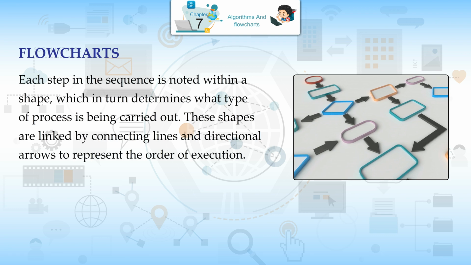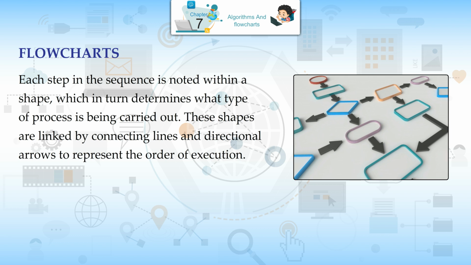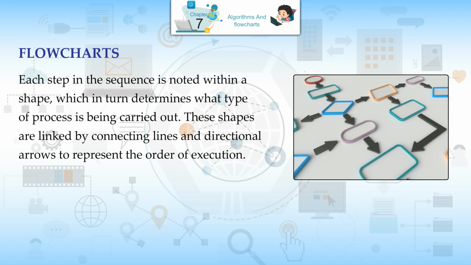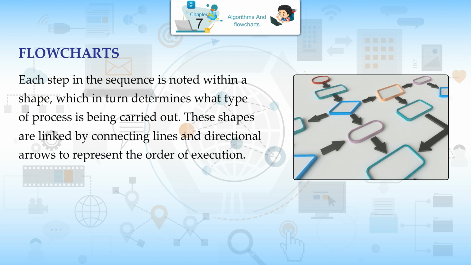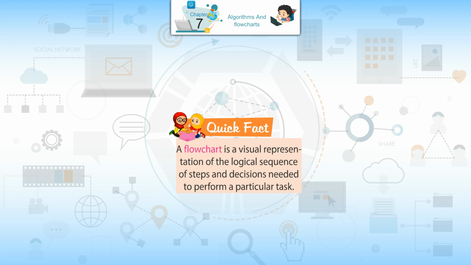Each step in the sequence is noted within a shape, which in turn determines what type of process is being carried out. These shapes are linked by connecting lines and directional arrows to represent the order of execution. Quick fact: a flowchart is a visual representation of the logical sequence of steps and decisions needed to perform a